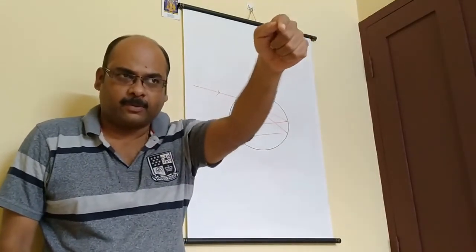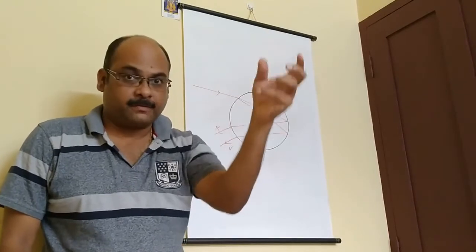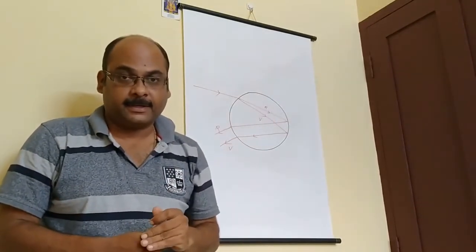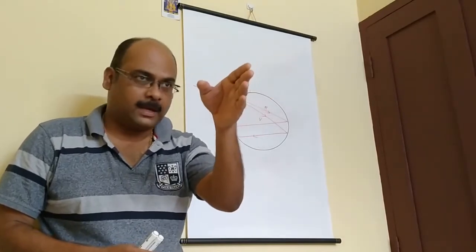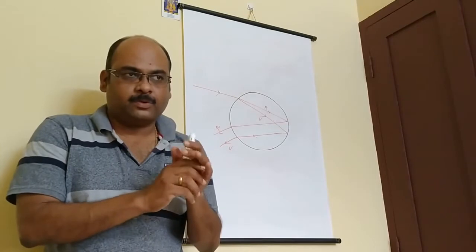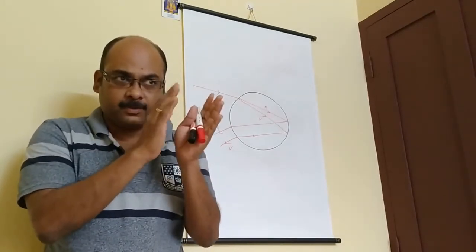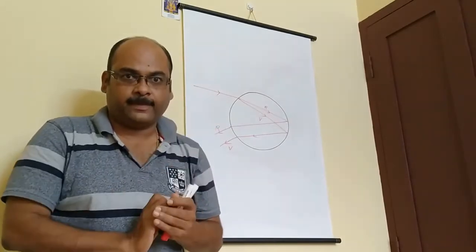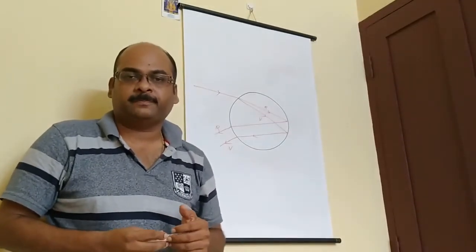So the light from that object comes, cool air is there, and here in between hot air is there, the refractive index is different, so it will refract, okay, it will bend, and again it has to pass into cool air, so it will bend, again bend. So you will feel that the object beyond that fire is wavering or flickering. Okay, so that is one example of atmospheric refraction.